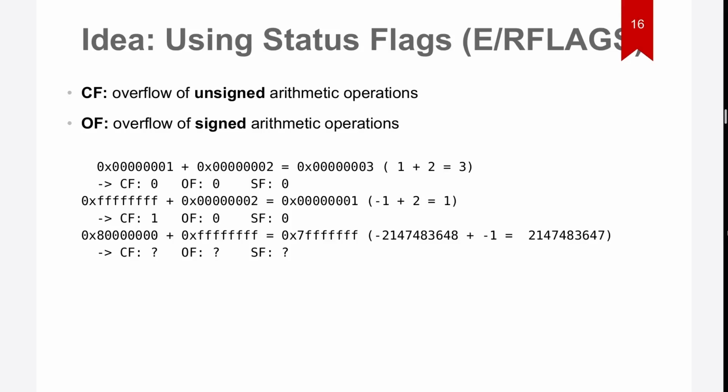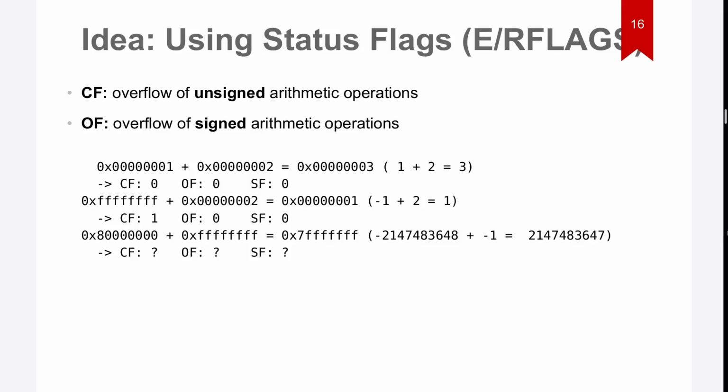However, the fourth one would be the opposite. So this is the case where we have an overflow in the unsigned case, because going through 0 is okay for signed operations, but crossing 0 for the unsigned ones